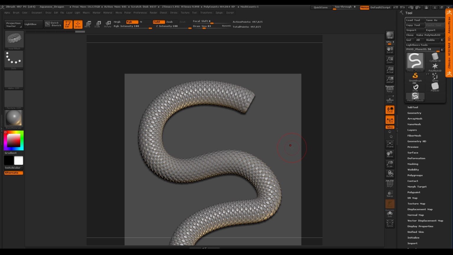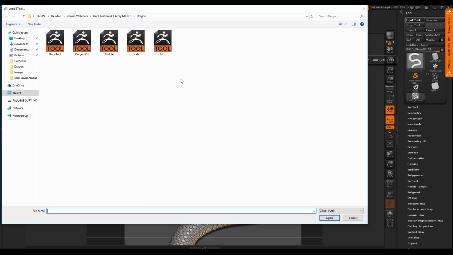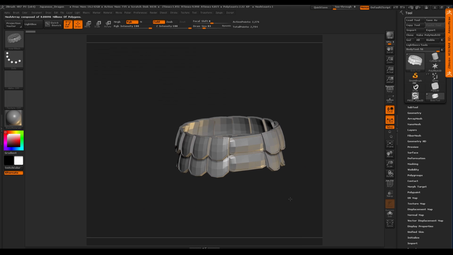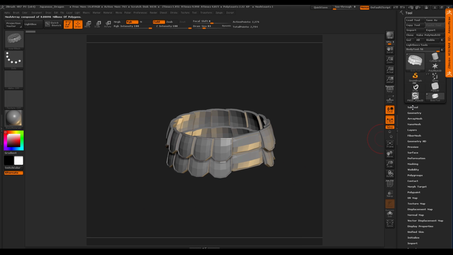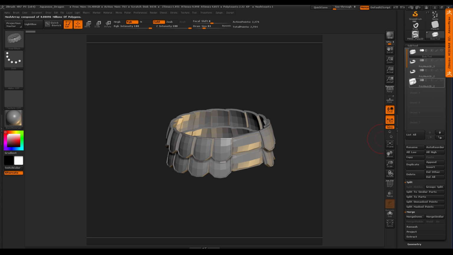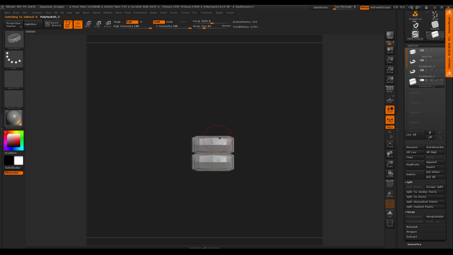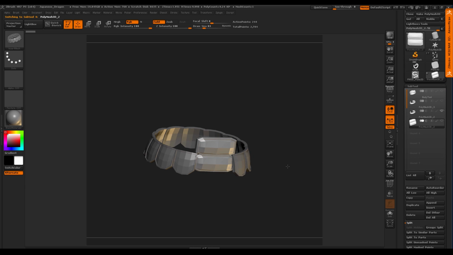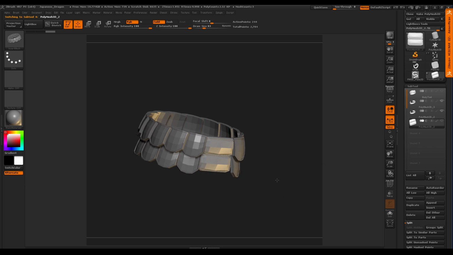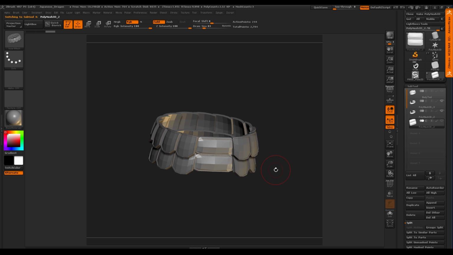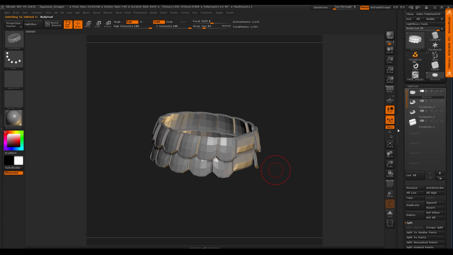I took it one step further though and made another tool. So I made the middle part. So here's your body tool. So you can see what I did here. If I open up my subtools here, I have one subtool, which is this piece. And then I array meshed around the scales there and then array meshed the scales around there to get my offset. And then I merged them down, right, to make now the final piece, which is this.